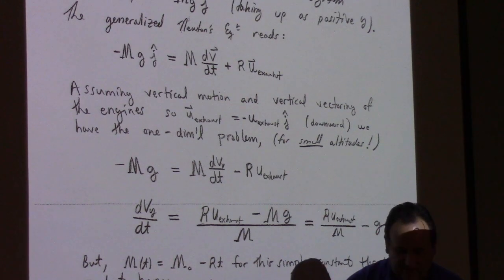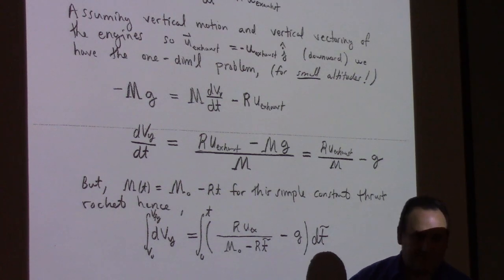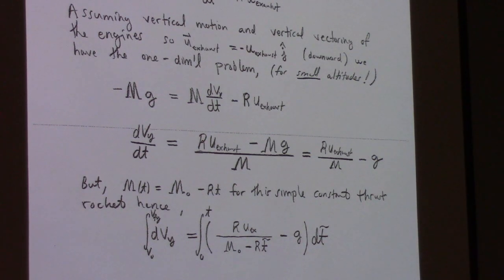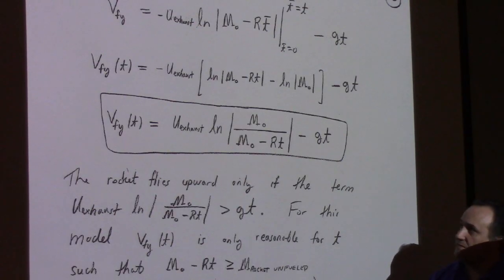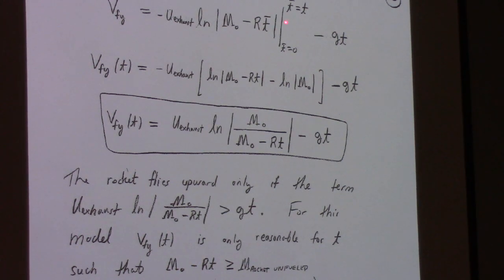And so then we separate variables, as you guys are all well aware of in your calculus 2, right? We've done this. Then we integrate, and okay, we can integrate this. It's just 1 over a linear function of t. I put the t tilde here because I'm integrating from 0 to t, and I don't want to have the same meaning for this and that. Do the integral. You get minus the natural log of that. So I plug in the time, and it gives me this. Properties of logs, I get the log of the quotient of m naught over this, minus gt.